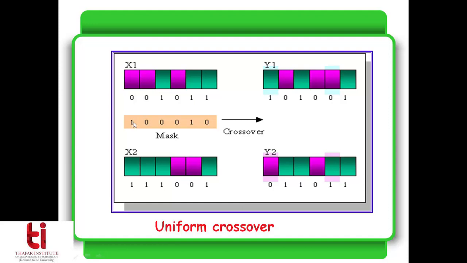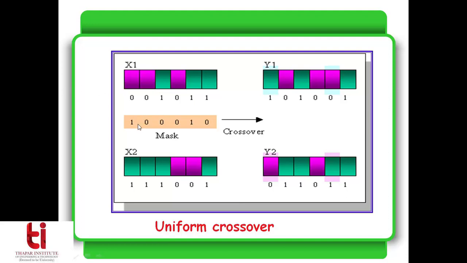The mask is created to change the values of the bit positions randomly, assuming that each bit position has a probability of 0.5 of changing its value from 0 to 1 or 1 to 0. That is, 50% chances are there that a bit will change its value. So I create a mask. A value of 1 in the mask means that particular bit position in parent 1 will be changed in the offspring 1.